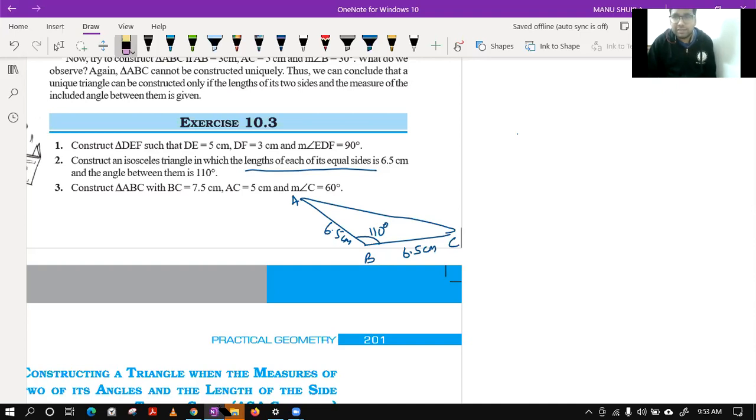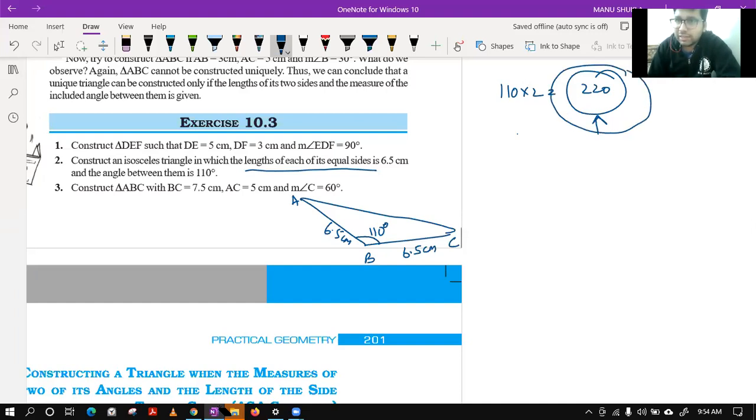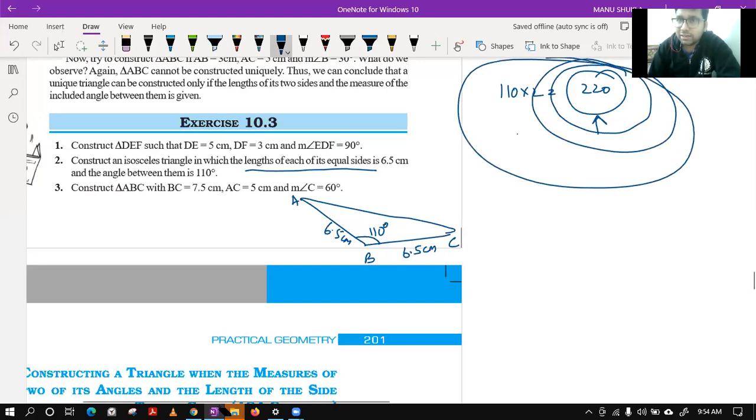First, we should understand, is there any way to make this using compass? See, the 110 angle twice is given by, see, 110 into 2 is what? It is 220. Are there any two angles that we can make using compass whose sum is 220? Please tell. Only 2 minutes are left. Okay, then my question with you is, you have to try and understand, is there any two angles which if you bisect, you will get the angle 110 or not? If no such angles are there, then we have to go for protractor 180 and 240.